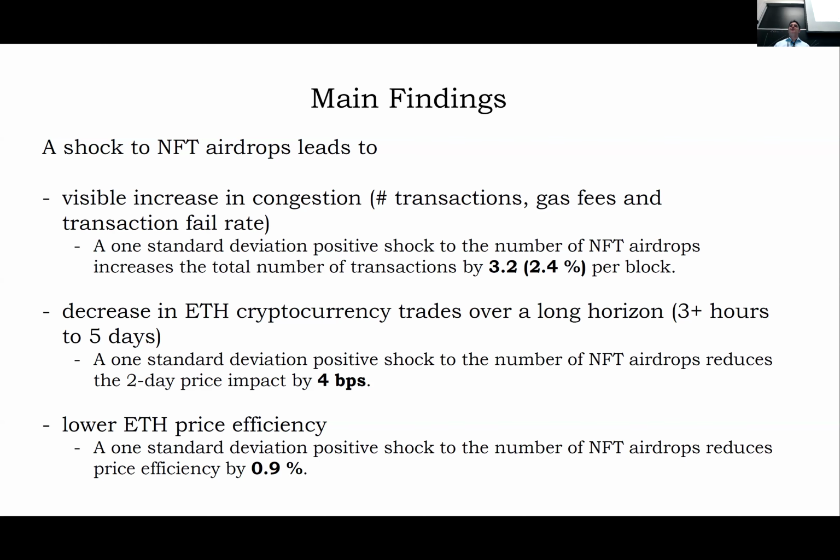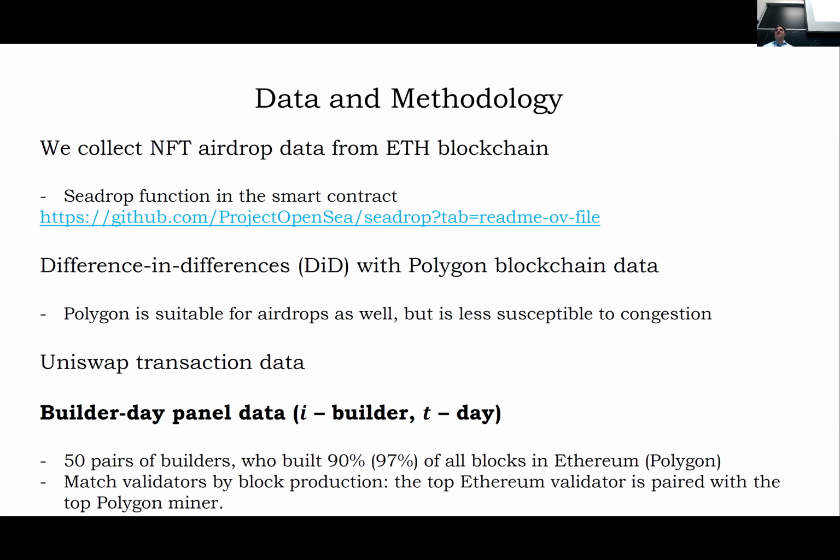Okay, so let me describe how we collect the data. We collect all the NFT drop data from the Ethereum blockchain, and this can be done by calling a C-drop function in the smart contract. This C-drop function is basically the function that is used to deploy the